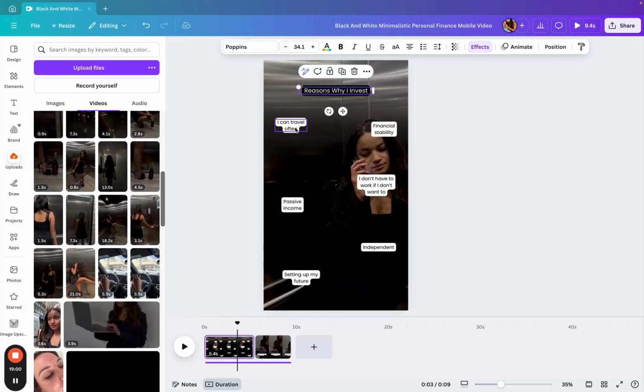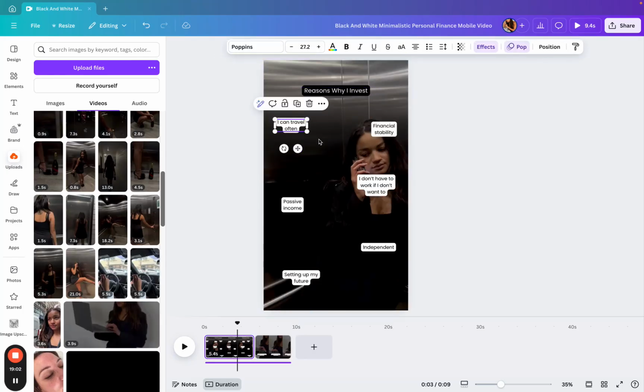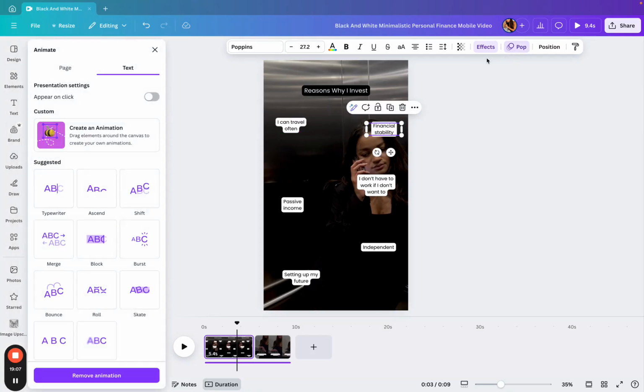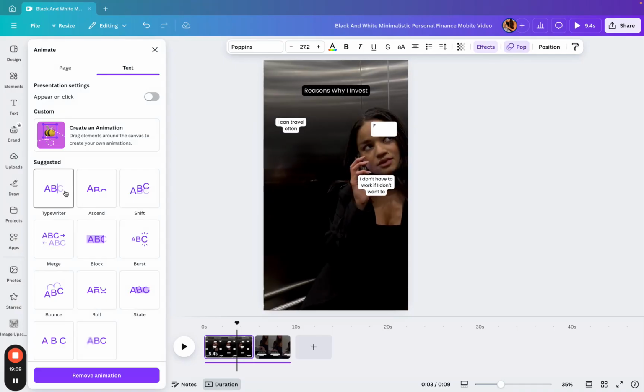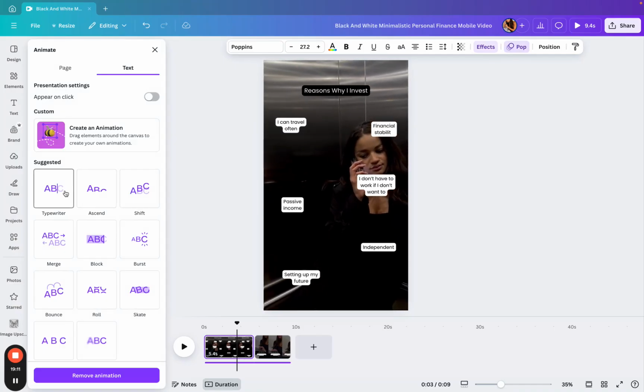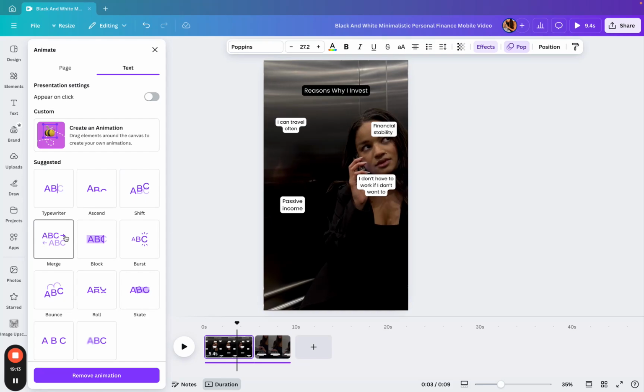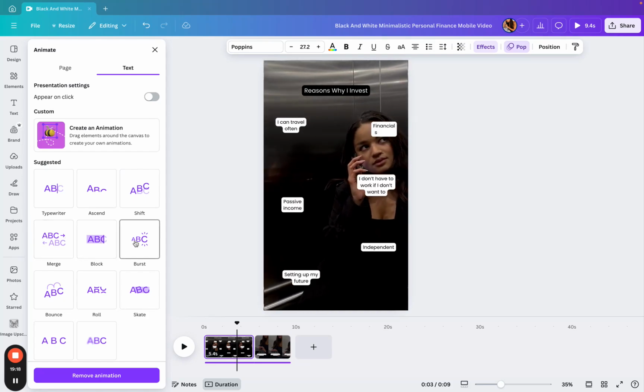Remember, we're not going to use the audio or anything like that, but you can even change the pop option. You can get rid of the pop, you can make it type out, you can remove the animation completely. You can switch how it appears,